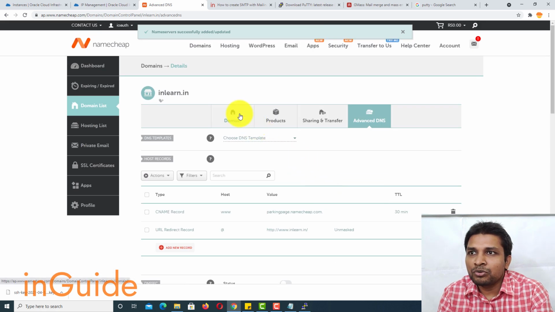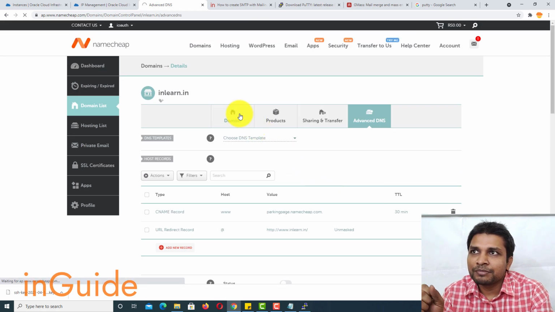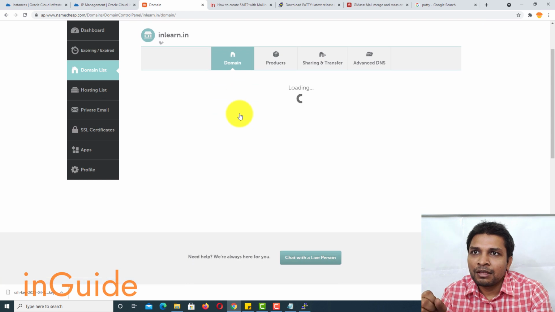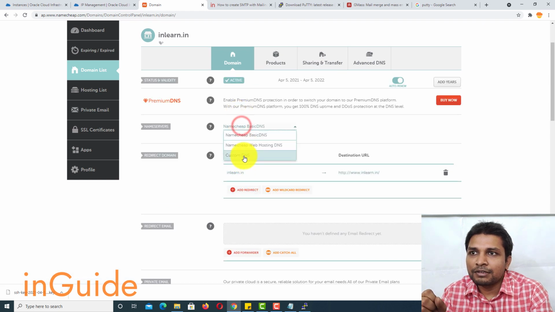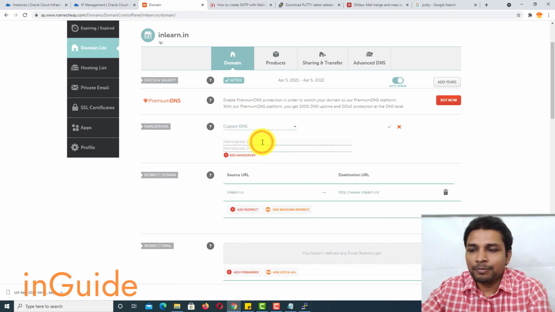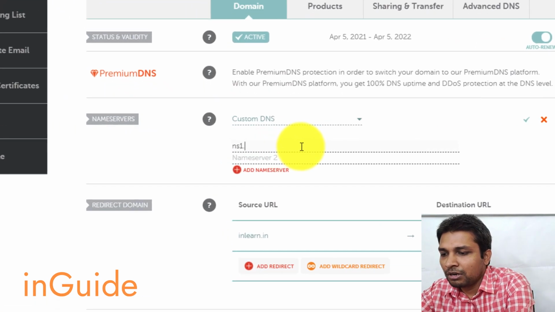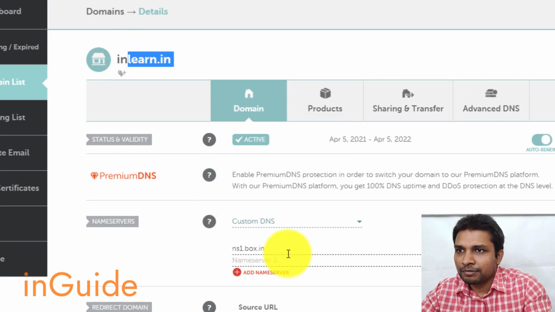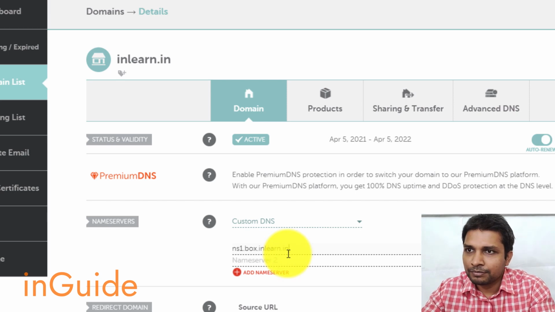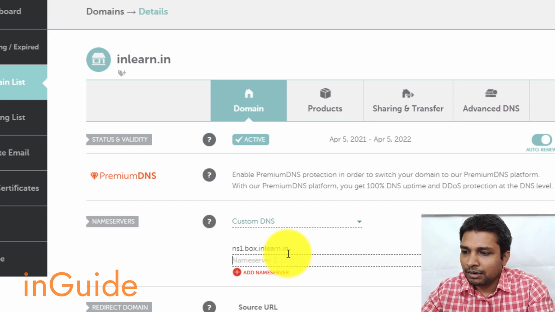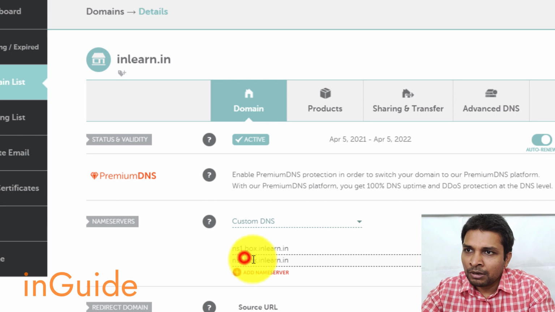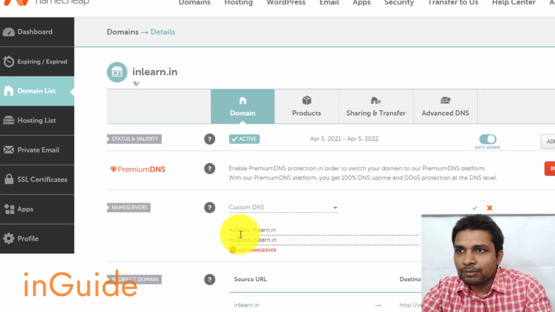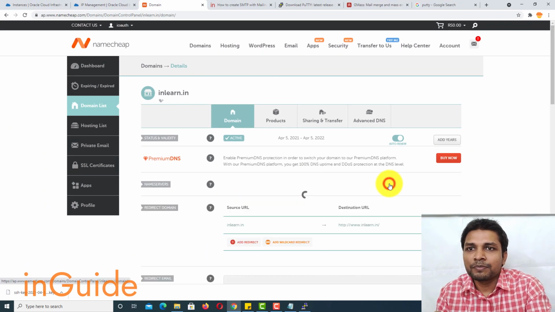Next step is to go to the domain tab, and in here select custom DNS and type ns1.box.your domain name. Let me copy the domain name, it would be much faster, and then you have to do the same with NS2, and after that save.